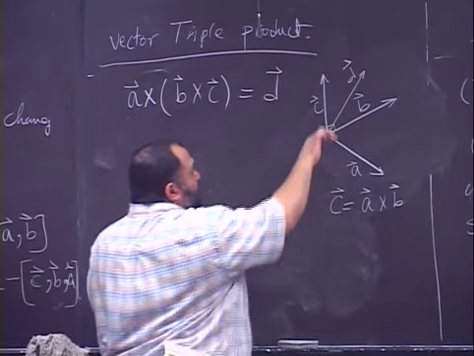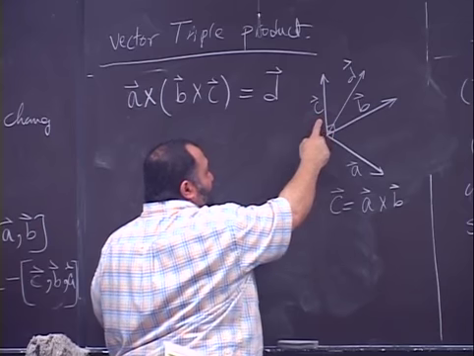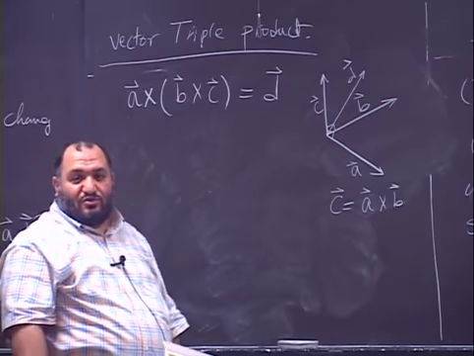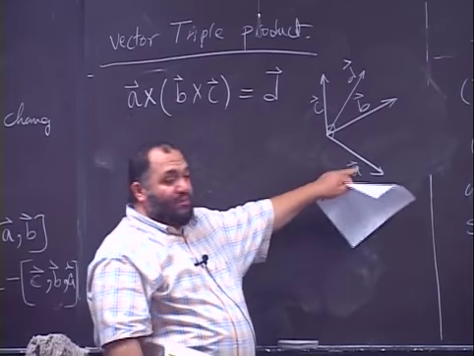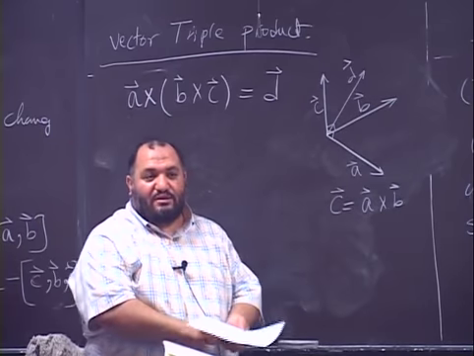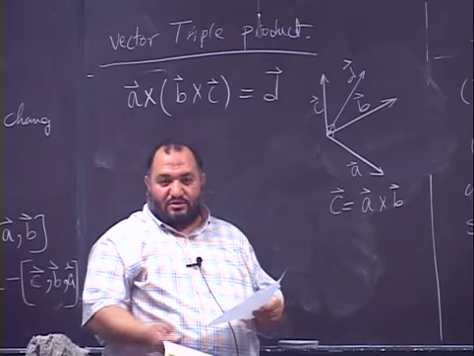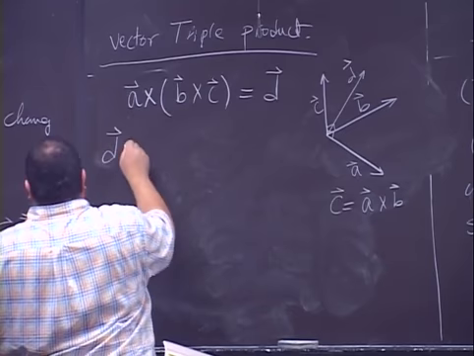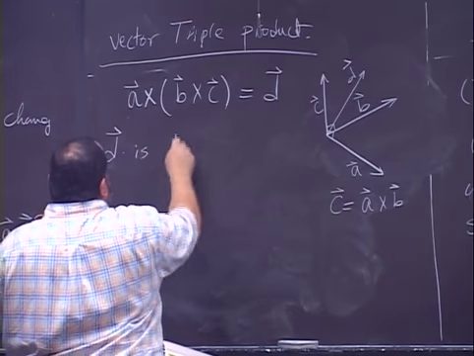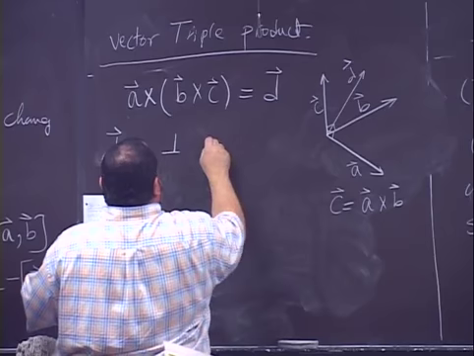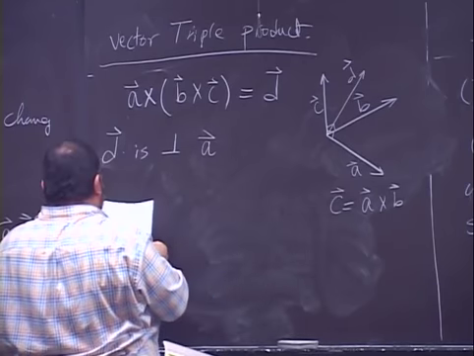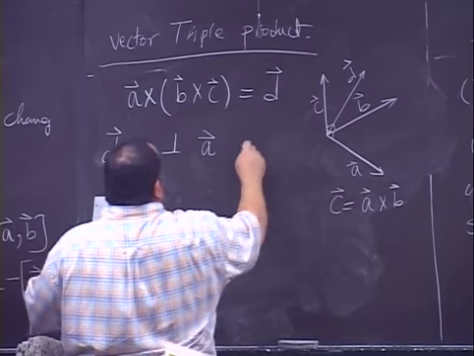But vector perpendicular to vector C, A and B are perpendicular to vector C. So the resultant vector should be in the same plane of A and B. Did you understand? So D is perpendicular to A, in this case,